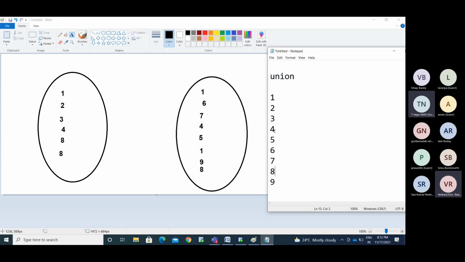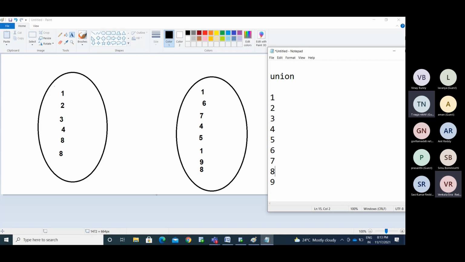So it displays the output like this. It displays the distinct values from both sets and sorts the output from low to high. Okay, got it? This is about the union.